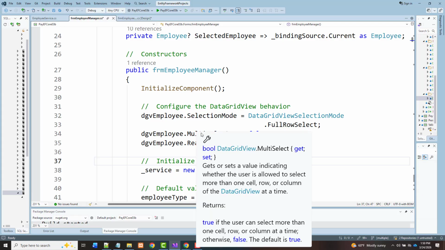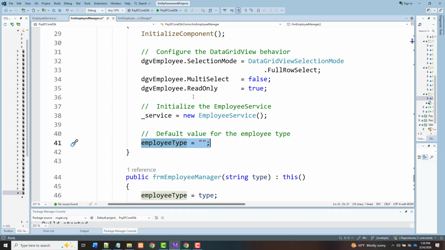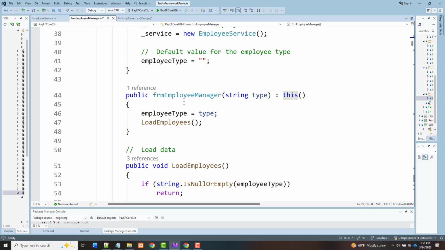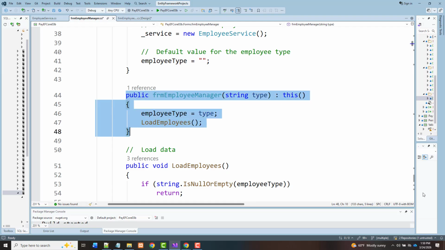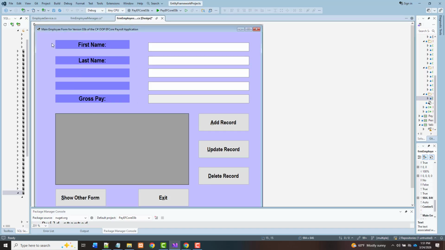All right. The last thing, we just have this employee type in here, which we set equal to double quote, double quote. So that means if this gets called with nothing passed in, the employee type will be set to the empty set, nothing. Now, this is the one that should be called 100% of the time. And what this says is, if you have to, really call the other constructor first, so that's going to do all this stuff, but then the employee type is going to be set to whatever type we passed in, and that type that we are passing in is whatever we chose